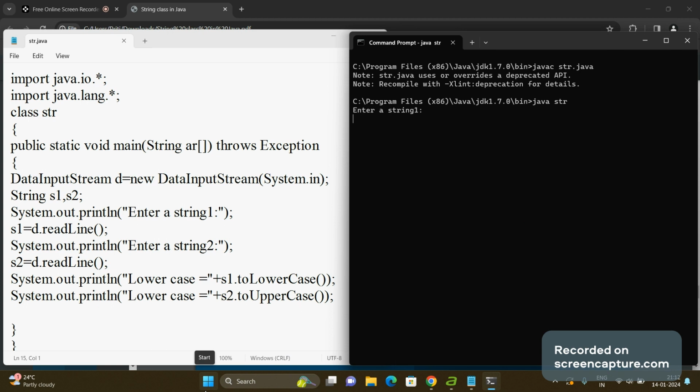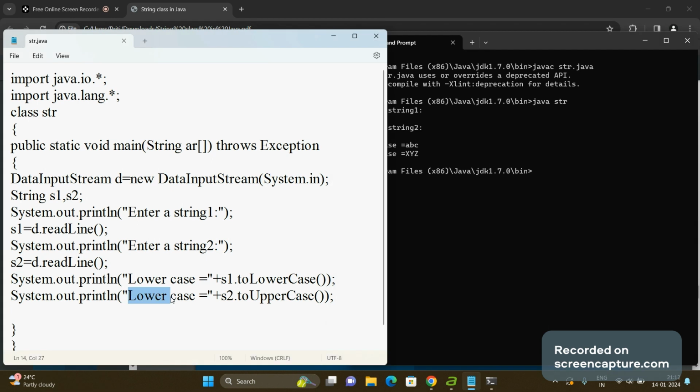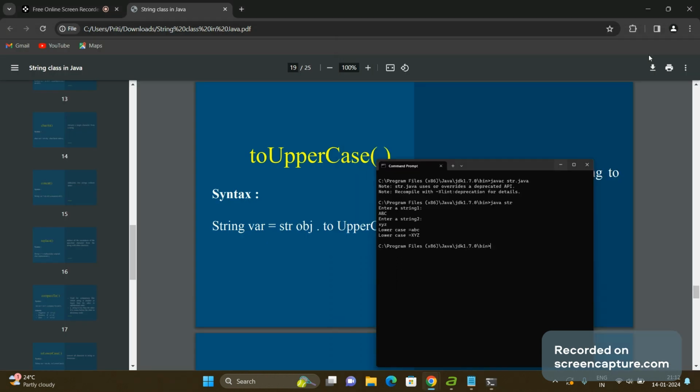Suppose enter string 1 ABC, enter string 2 XYZ. So ABC, which was capital, got converted into lowercase, and the XYZ, which was in lowercase, got converted into uppercase. Here we forgot to change the message, so this is the change in the message. Okay, next method is